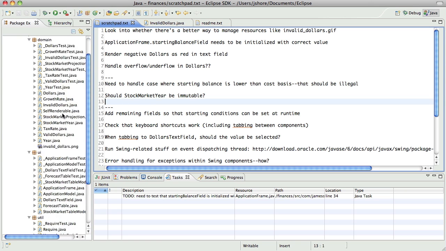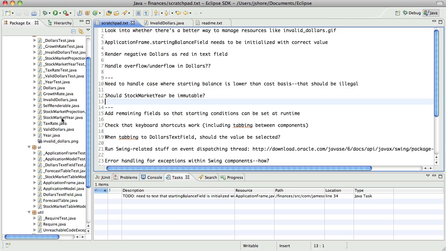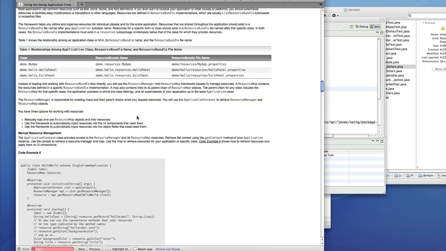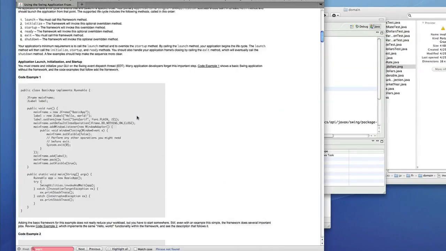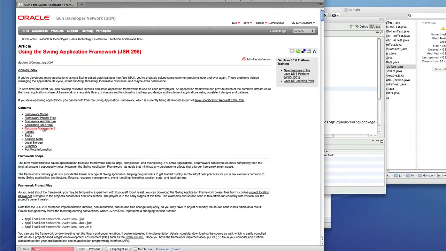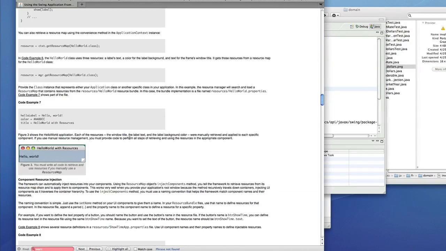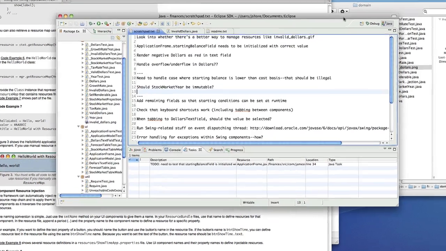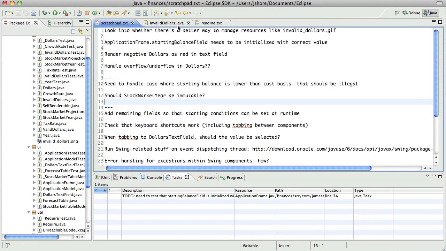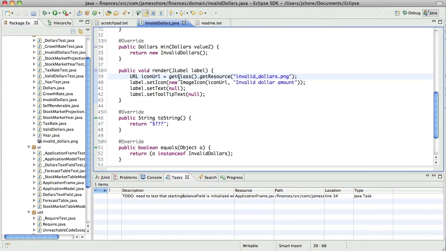So I think what I need to do is create a way of managing these resources. I looked into Java's resource management stuff, and it looked like it was more than I needed, to be honest. I just need something really simple, which is to say, when I ask for the icon, I should get it. So I'm going to factor out a little piece of code to return that